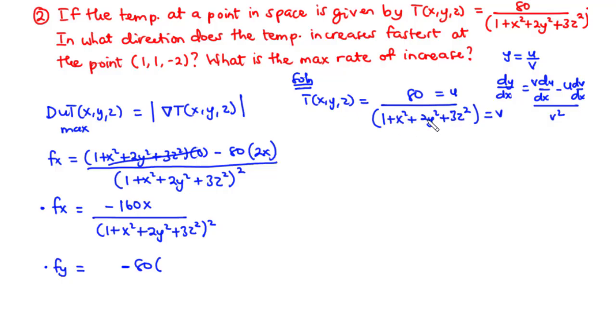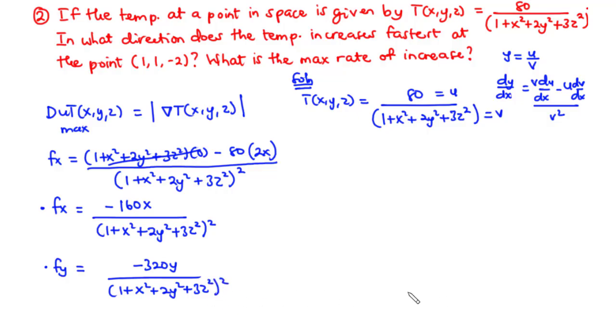So we have 4y. So 4 times negative 80 is negative 320, so that becomes negative 320y,